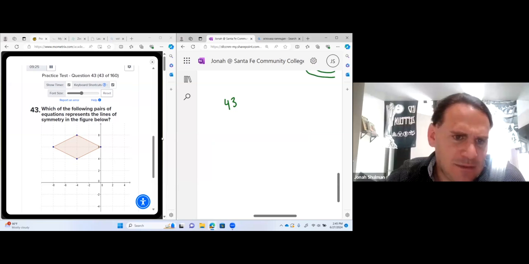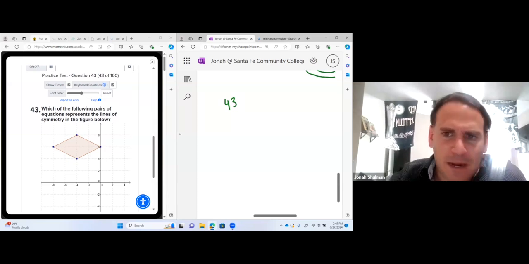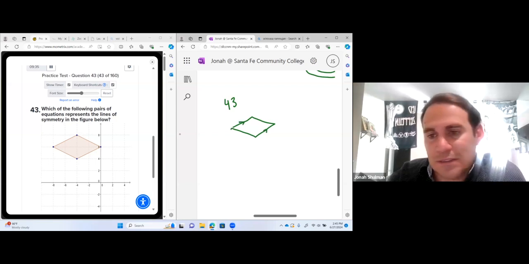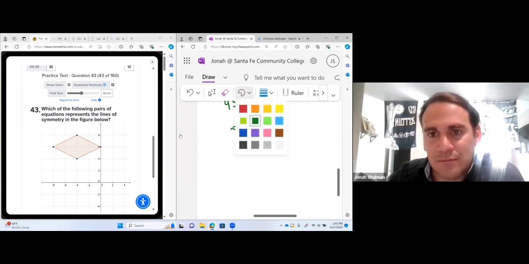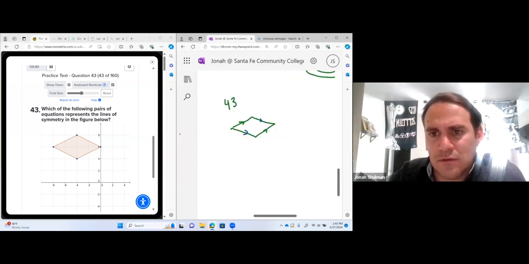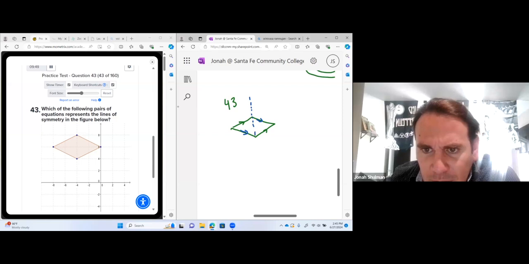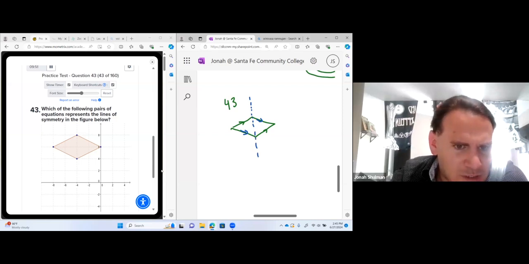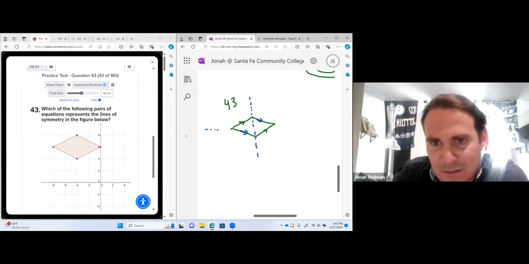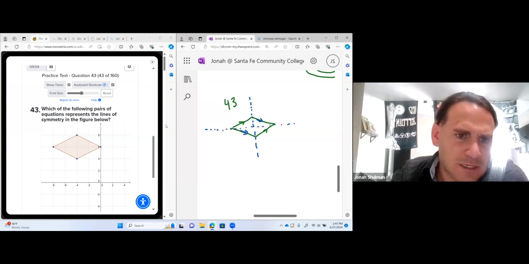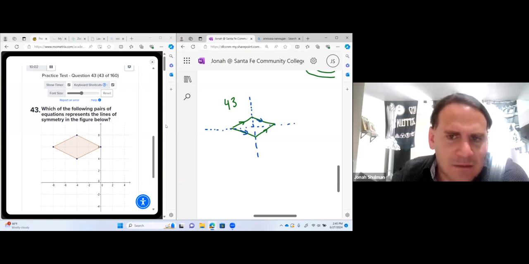It looks like a parallelogram because those are parallel. Looks like a parallelogram to me because it has two sets of parallel lines. And parallel lines are just lines that are, guess what? They're never gonna meet. That's what it means. So two sets of parallel lines. And basically, it looks like if I cut it right here, this one will match here, and this will match here. And if I cut it this way, so I guess it's more of a kite. It looks like a kite. If I cut it this way, it's going to match here and here. So this is the line.